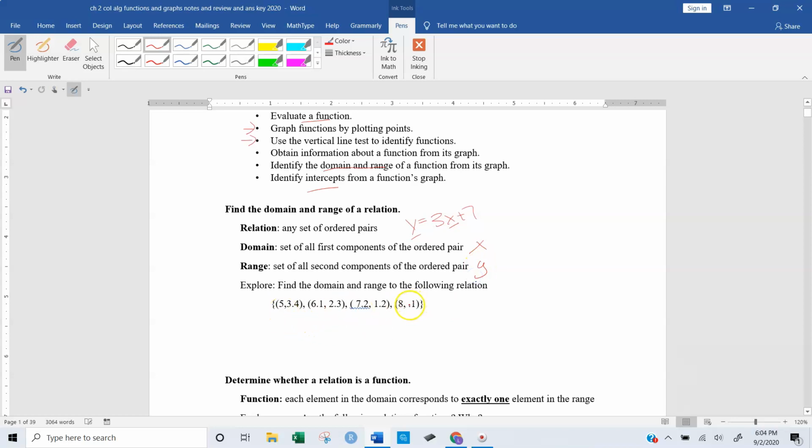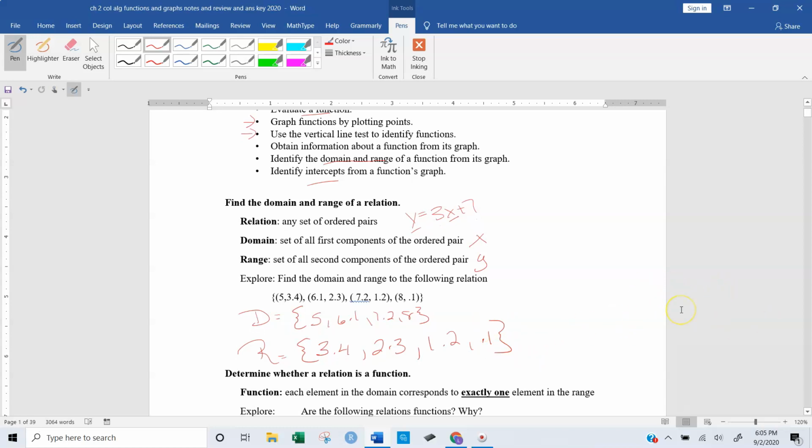Looking at your ordered pairs down here, I would like you to list the domain and the range. So pause and give it a shot. So the domain is always in braces because it is a set. It's the 5, the 6.1, 7.2, and the 8. The range is the y values, also in braces because it is a set. So 3.4, 2.3, 1.2, and 0.1 should have been your answer. Now let's go on and look at